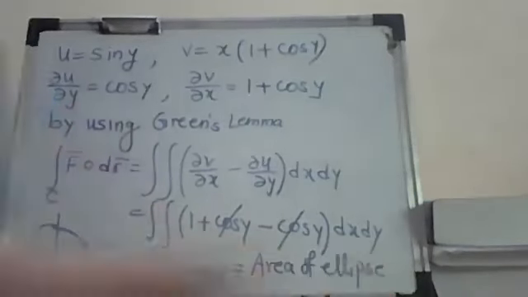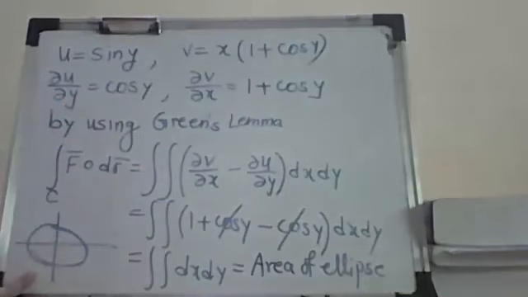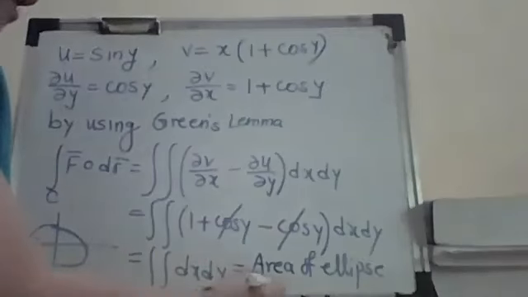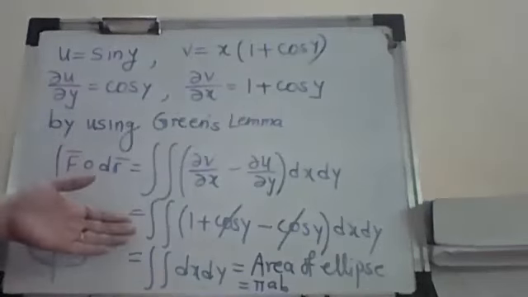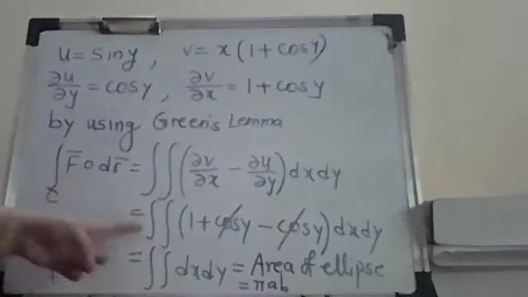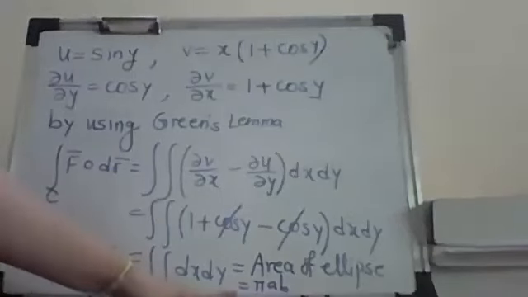And what is the area of an ellipse? It is pi times AB. We know that the area of an ellipse is pi times AB. So we get pi AB as the answer. Okay, pi AB as the answer. See, we can simplify the given question and it goes from a complicated version to a very simple manner. You can solve it immediately and you can get the answer orally also.